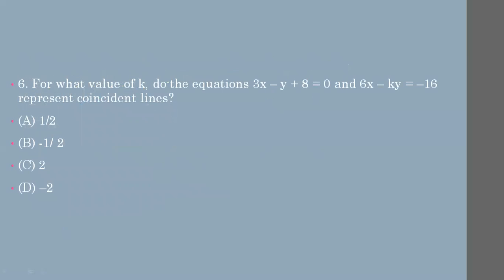Now question C. For what value of k do the equations represent coincident lines? So you can easily check the coefficient for x in first is 3, in second is 6, in first it is -1 as nothing is given, in second it is -k, minus minus we cancel, and it's equal to -8 by -7, 16. As we are given that they are coincident, therefore all will be equal. So all are giving answer as 1 by 2, here also 1 by 2. So k should be equal to +2 for this question.